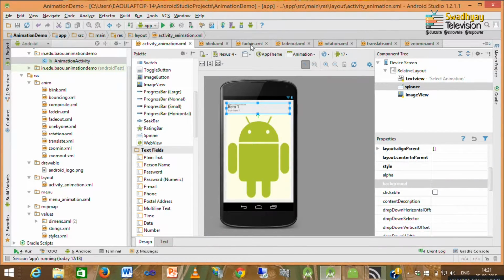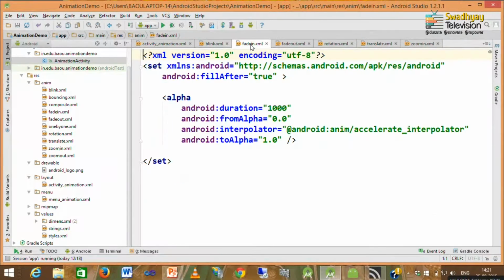So, first we look at the fade in effect or fade in animation. Here on screen you can see we have set attributes which are already created by our file. Now, here I add one attribute, android:fillAfter. We have already discussed this fillAfter.